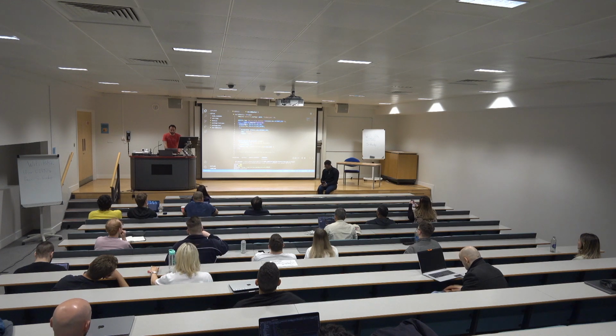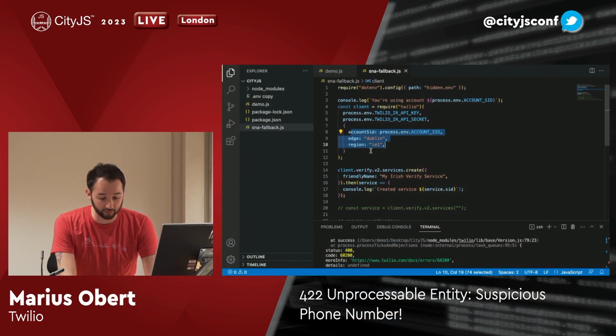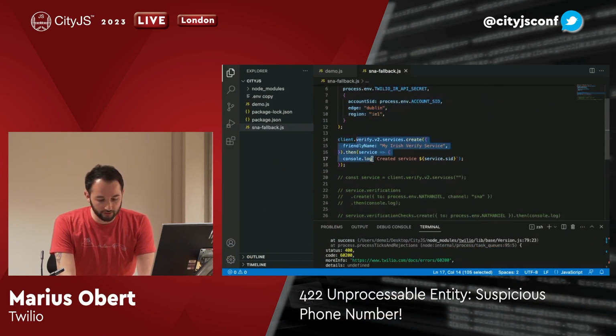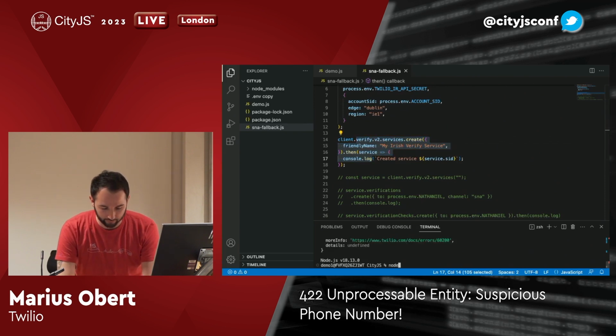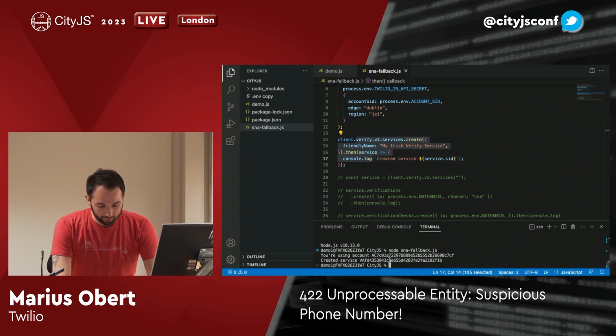I initialize a Twilio client. I particularly initialize one with a connection to the data center in Dublin. And I create a new verification service. So I execute this code. This is the ID of the verification service. In step 2,